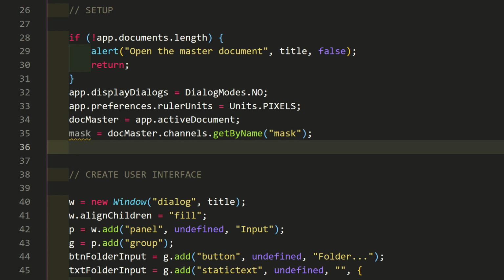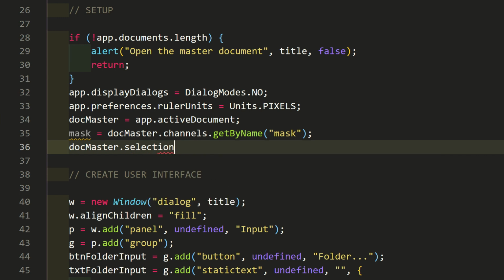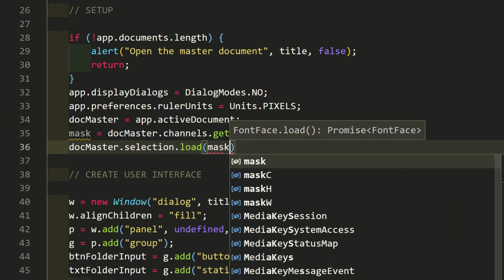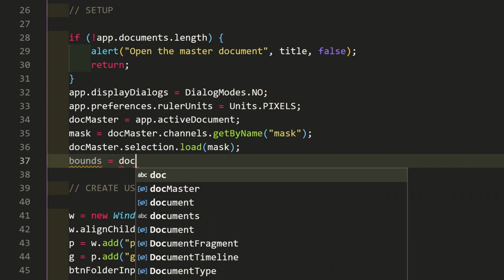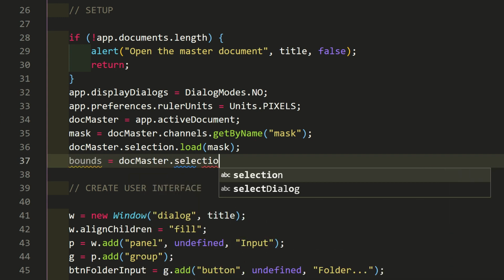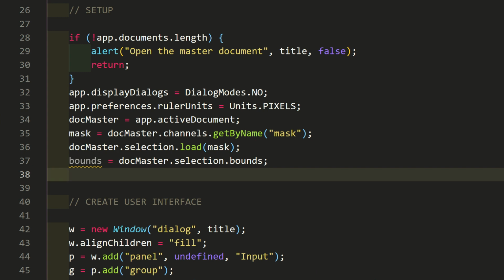This is the bounds of the mask, which we can get by loading it as a selection. docmaster.selection.load(mask). Then, bounds = docmaster.selection.bounds. This is an array of 4 numbers: the left, top, right, and bottom of the selection.